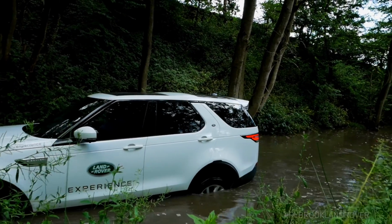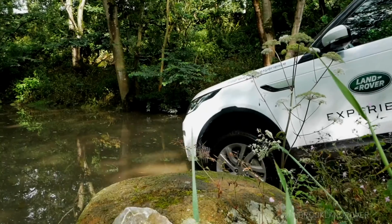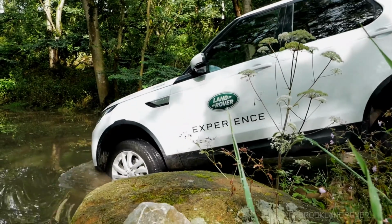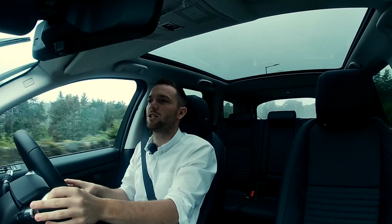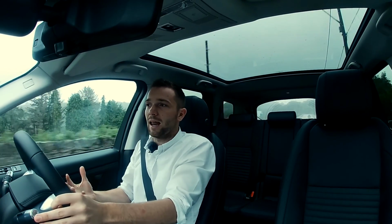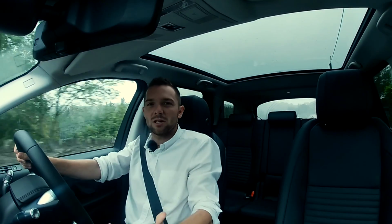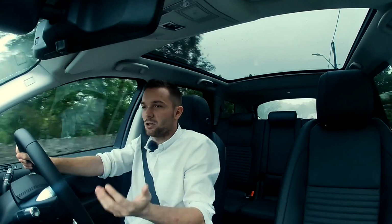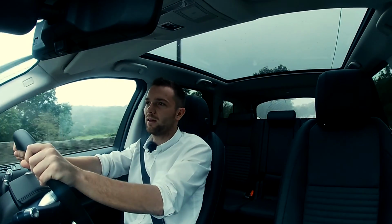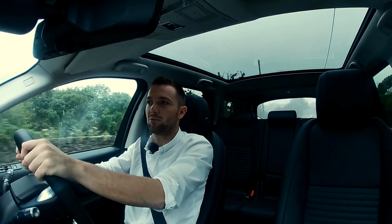I mean, I know that Land Rover has the reputation of being the ultimate go-anywhere car, but until you actually experience it, experience how incredible the technology is in these cars, you just won't know. So I would say, if you were to buy a Land Rover from Rybrook, do go and experience that, because it's a great, great thing. And you might learn a little thing about your own car, how it's going to handle